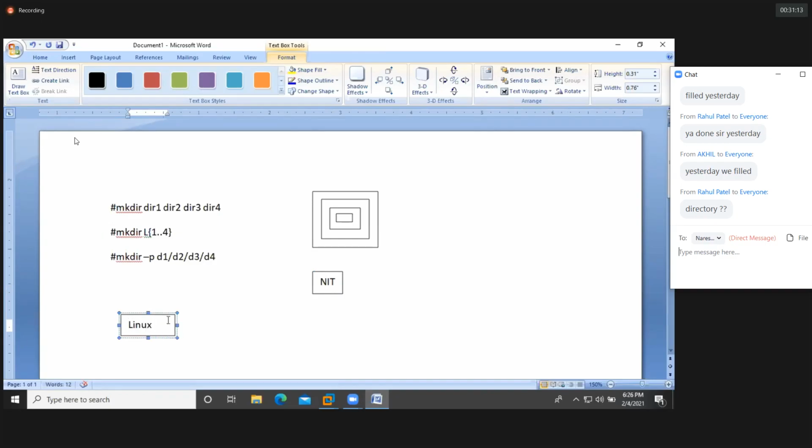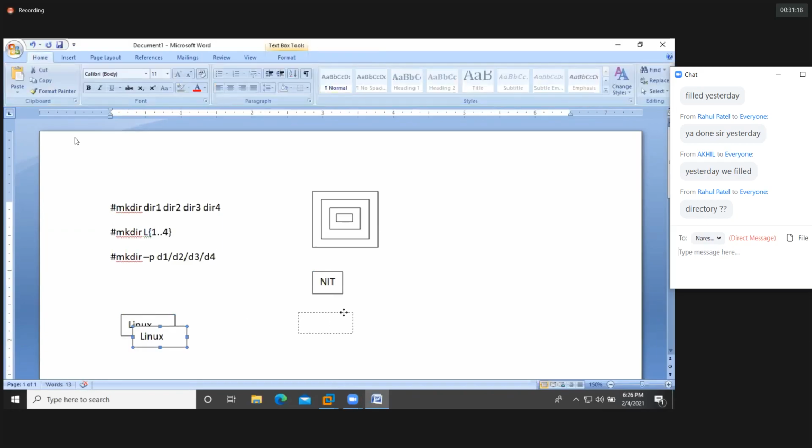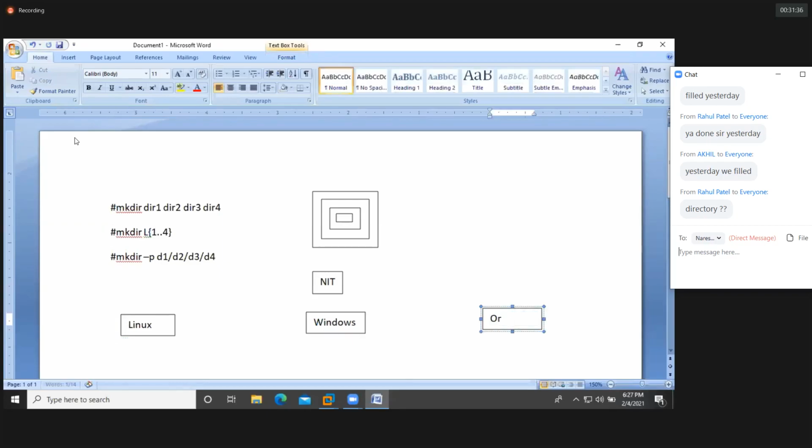Another one is Windows, and one more directory called Arcal. So this is a parent directory, guys. NIT is a parent directory, and it contains three more directories: Linux, Windows, and Arcal.